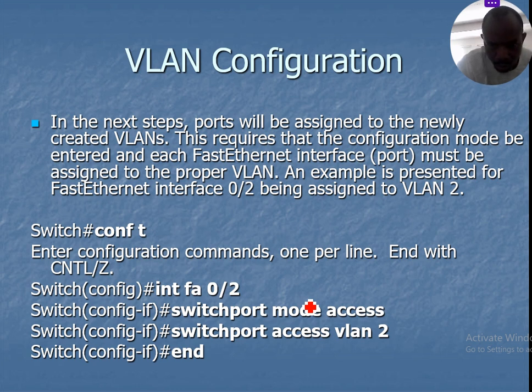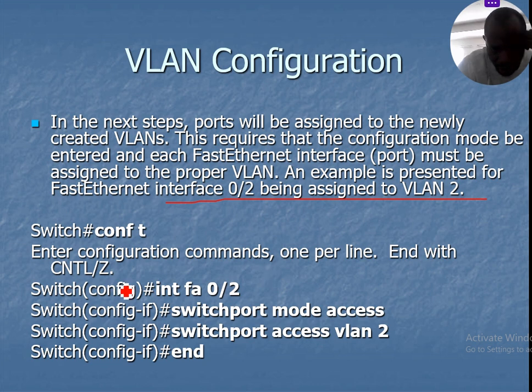For example, you say Fast Ethernet interface 0/2 is being assigned to VLAN 2. So you define where you are assigning it to, VLAN 2. If not, it will go to VLAN 1. So for example, let's see the configuration, how you run it. You say switch hashtag config terminal, that's T, and then you enter the configuration commands line by line,